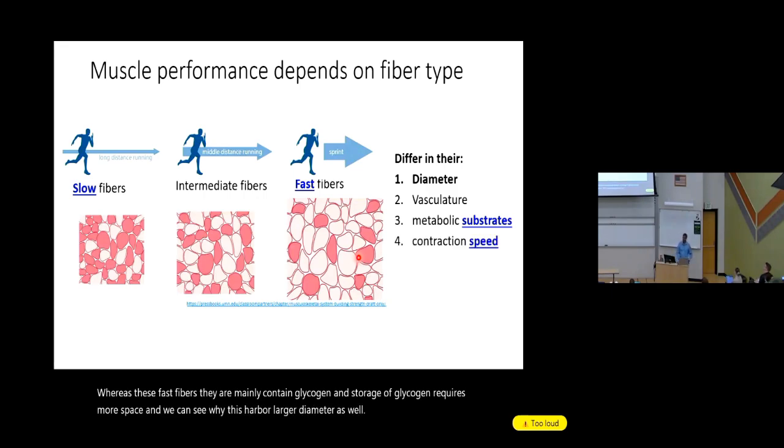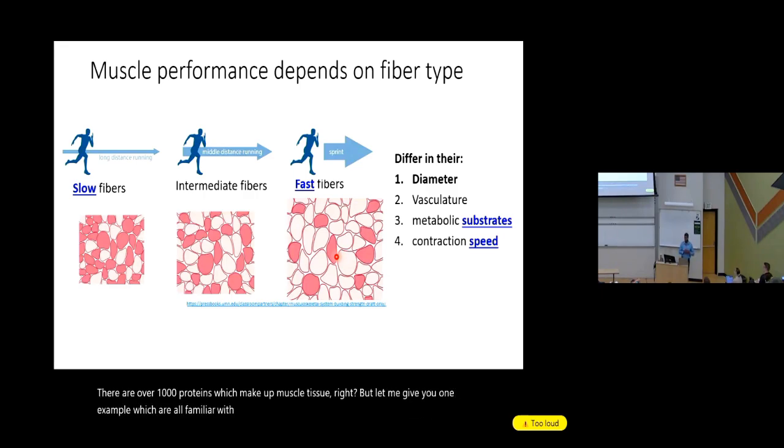And we also find that the contraction speed, as the name indicates, in fast fibers will be a lot faster compared to the slow fibers. And the reason for this is because of the type of proteins which are found in the fast versus slow fibers. So let me give you an example of one protein, right? There are over 1,000 proteins which make up muscle tissue, right? But let me give you one example which you're all familiar with,